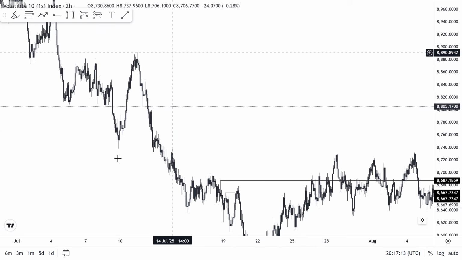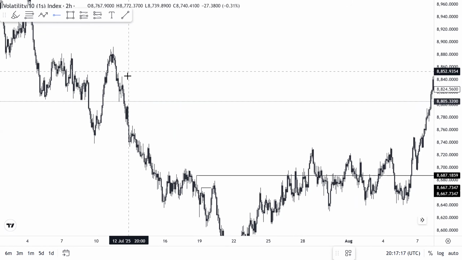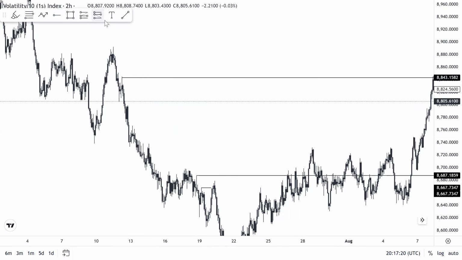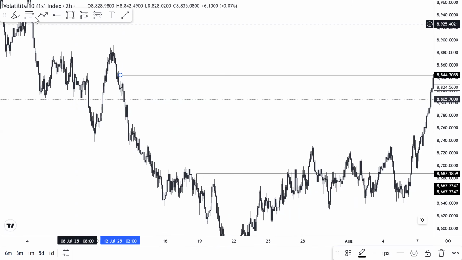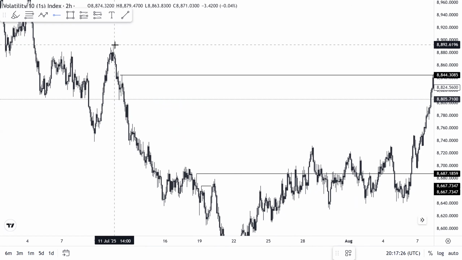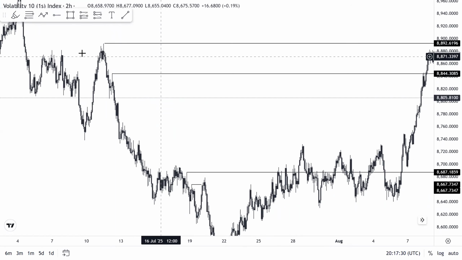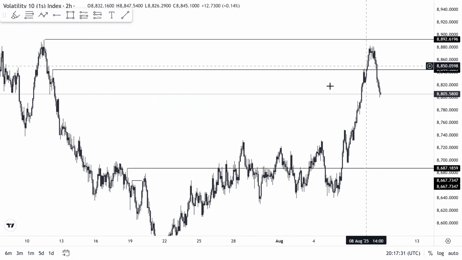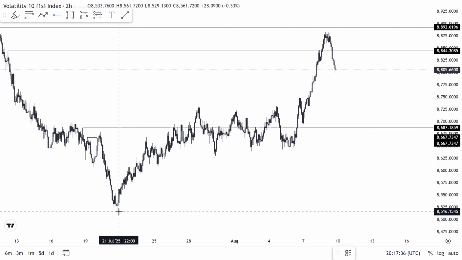We have a sweep of this high, a break of market structure. Then what do we have here? This is our type 2 scenario right here. This is our protected high. So this is V10S, okay? You can check when this session is done. This is our protected high right here. So I think price has swept out this protected high and is selling, which means we expect price to still come and sweep out this low, okay?